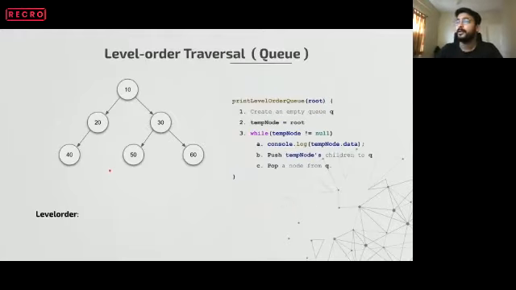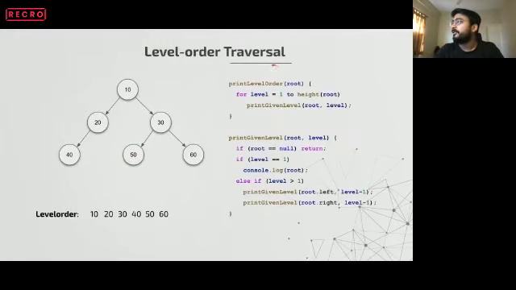Let's move on. So the earlier implementation that we saw for level order traversal was using recursion. Recursion is definitely not a good idea, because whenever we are doing recursion, it's an overload to the call stack. All the function calls are pushed onto the stack, so our memory is overloaded.